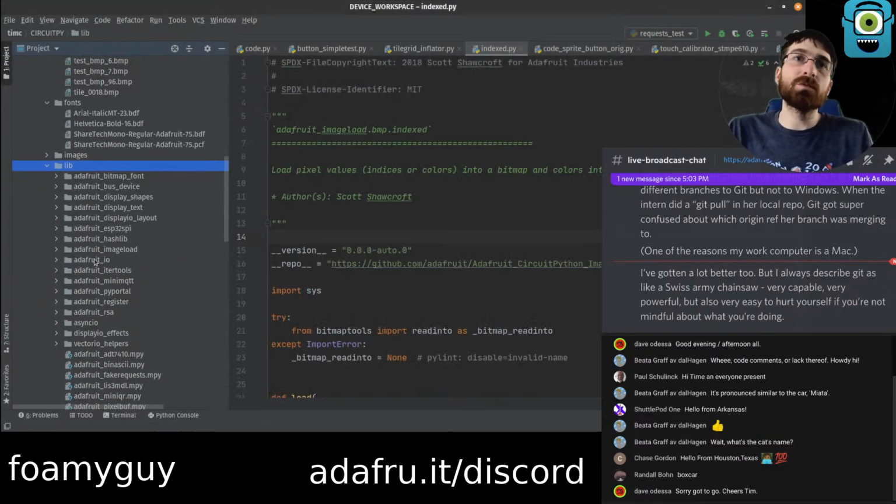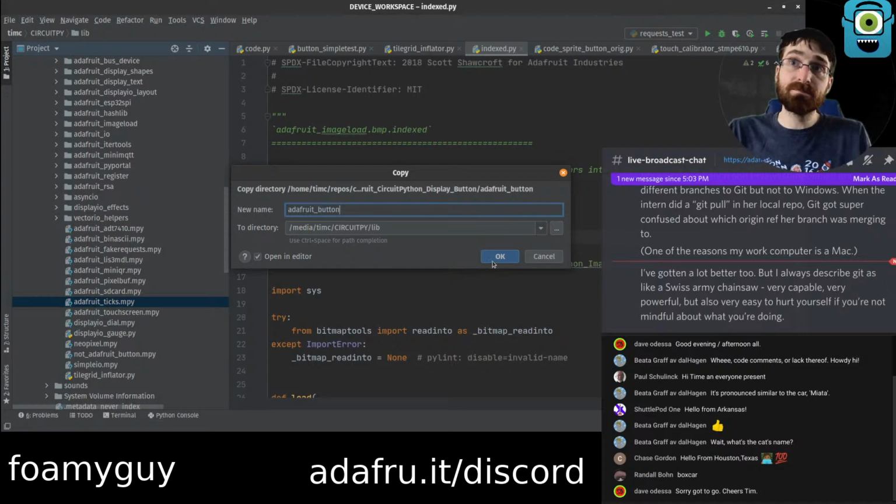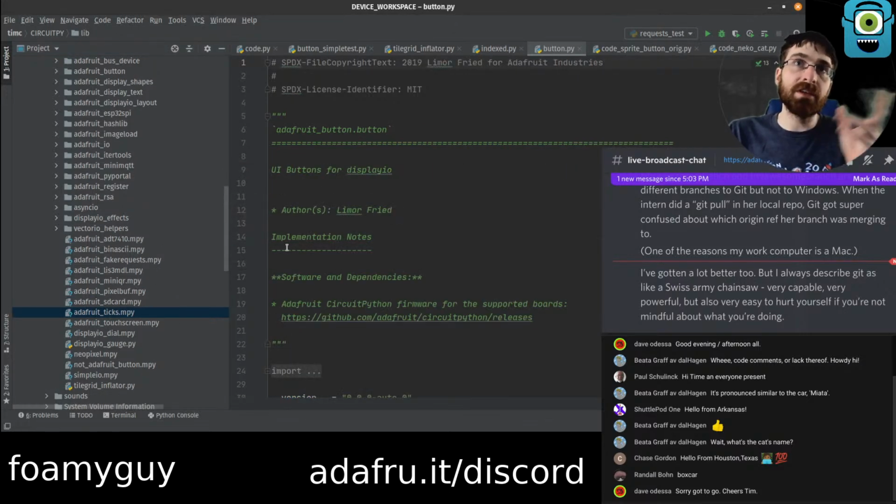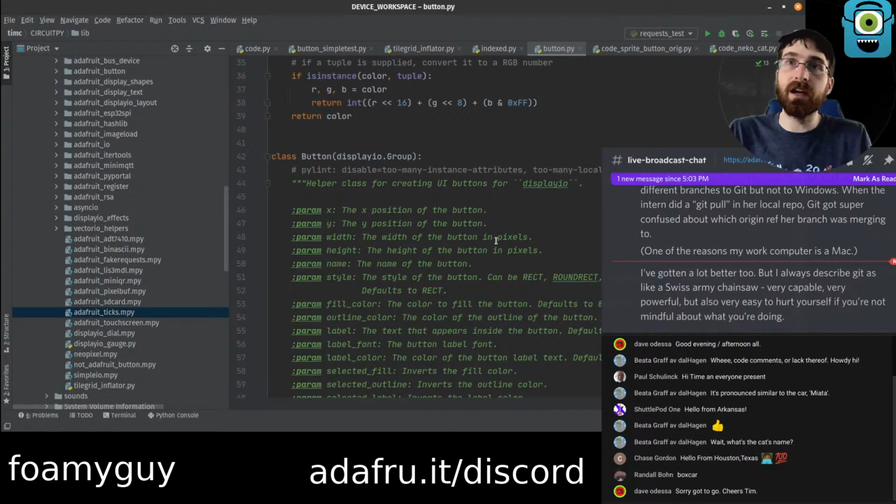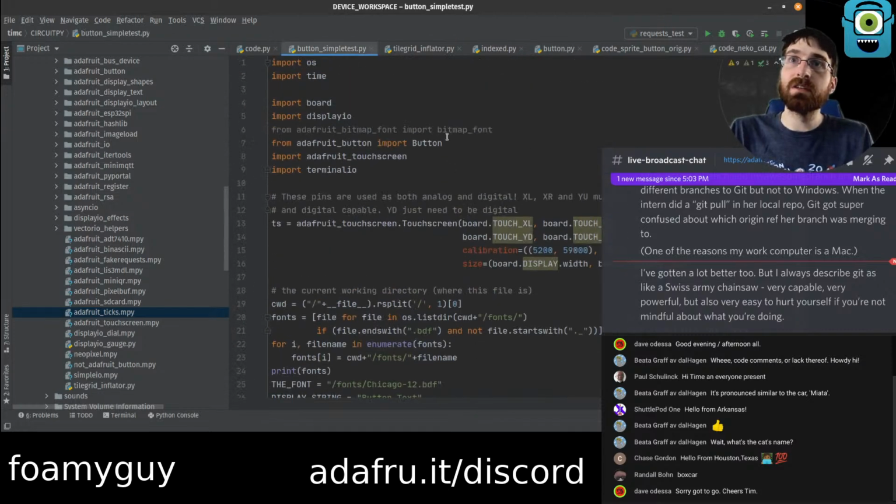So I'm actually going to do most of the development on the device rather than in the repo, and then we'll go back to the repo afterwards. One thing I'll do is fix the simple test because I don't think that'll work anymore.